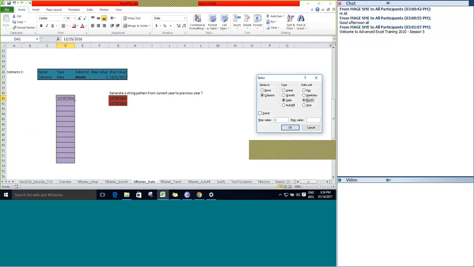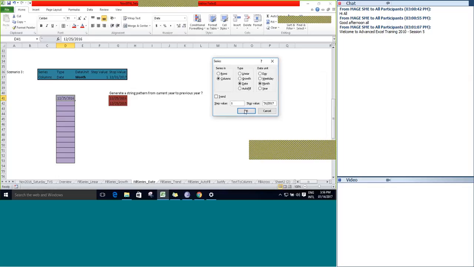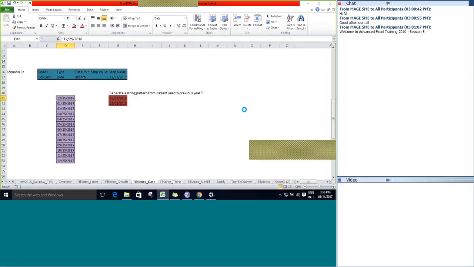Let's go with the date unit as month and the stop value as 12/31/2017. Click OK. You can see that it starts generating month-wise. It starts generating the month-wise string pattern and displays it to the user.